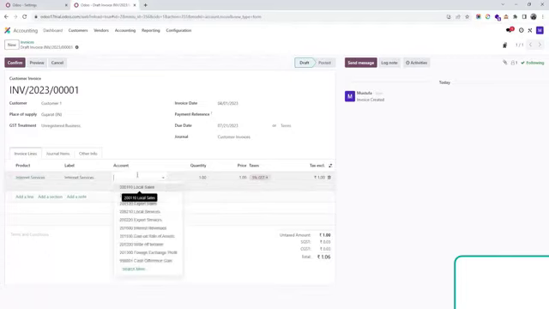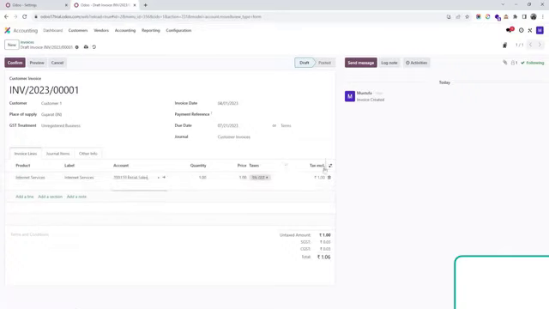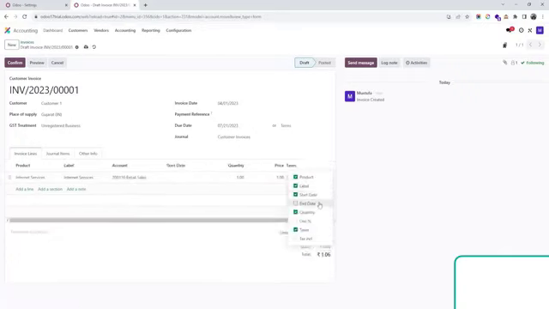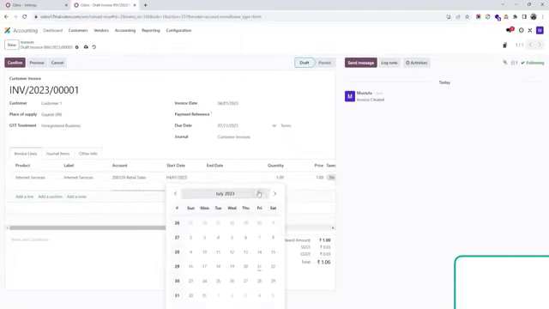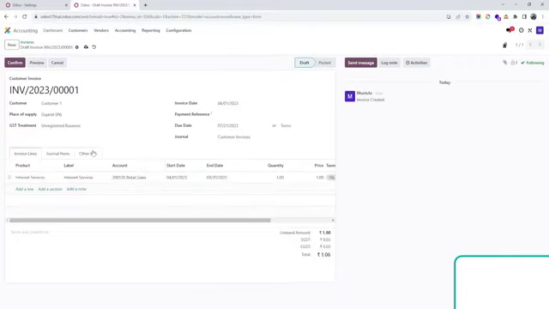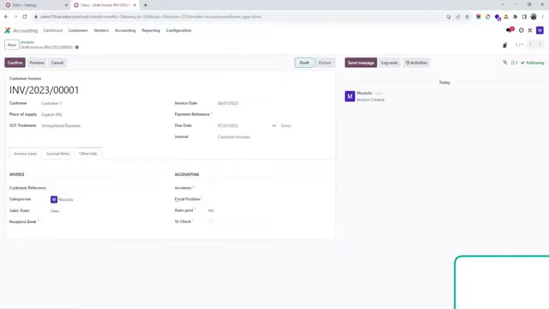If I change this to maybe retail sales, here I just need to enable start date and end date and then give a date. I am selling these services from 1st April to 30 September for 6 consecutive months. And then here I will select whether this entry will be posted on a specific accounting date. I simply say no here,